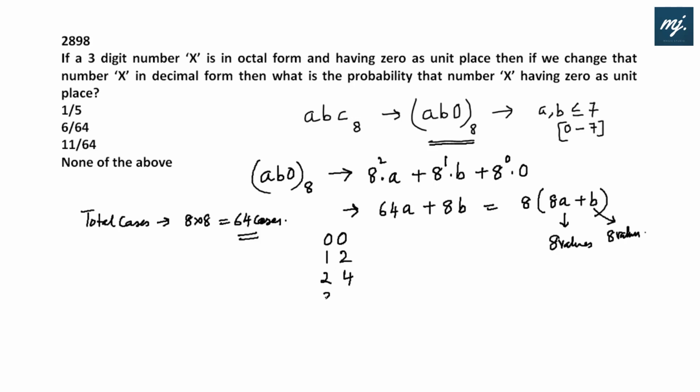so it would be 2, 4, 24. With 3, 24 and 6, 30, so that would be 3, 6. Then 4, 32, 8 cannot be taken; 5, 0, yes, 5, 0 can be there. 6 is 48 and 2, 62. Then 7, 56 and 4, 74. Then 8, I'm not using 8 again. Now again, if I have 5 here, 5 into 8 is 40, which will also give me 0 at the end. 1 is 8 plus 7, 15. 1, 7 will give me 40 at the end, 0.